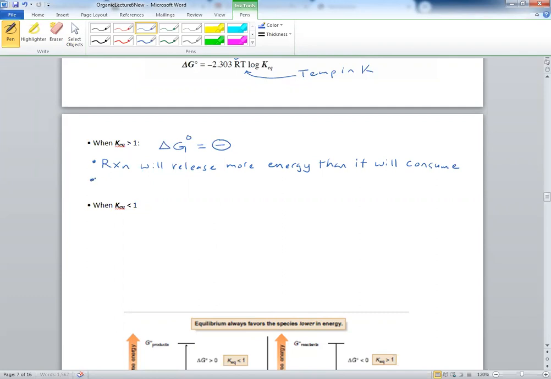And therefore, the products are more stable because they have less energy than reactants. So